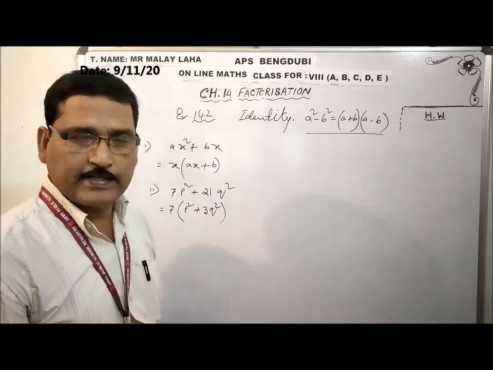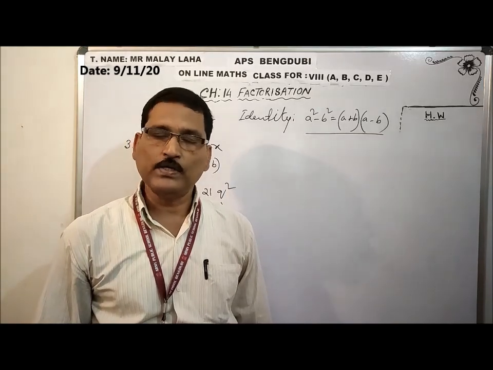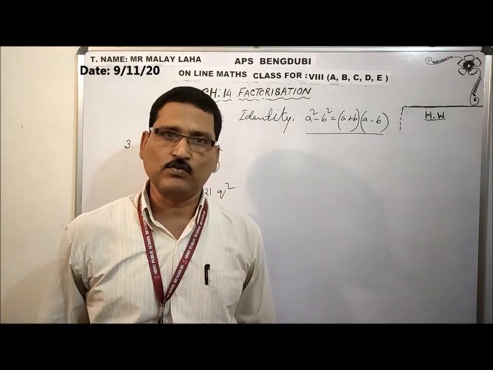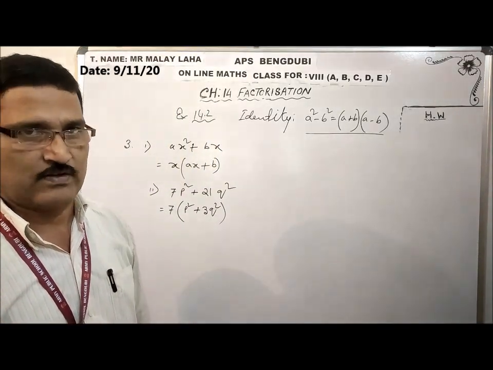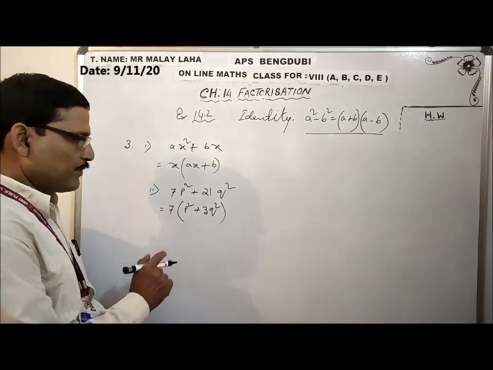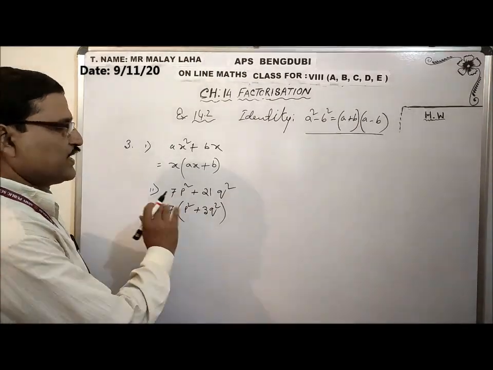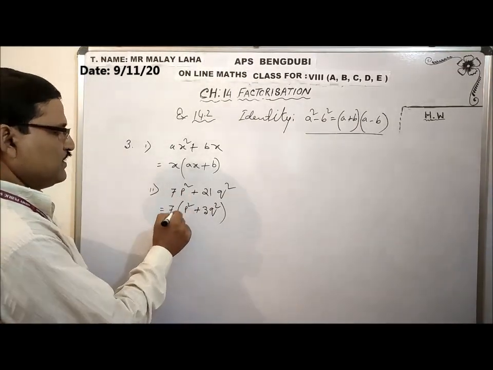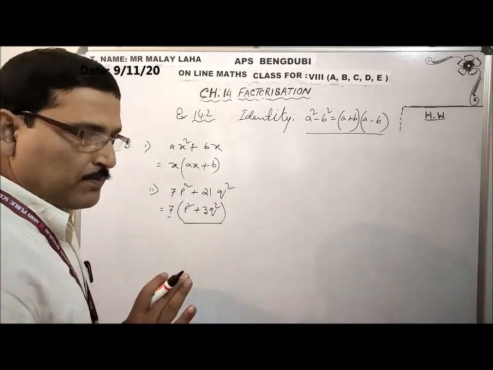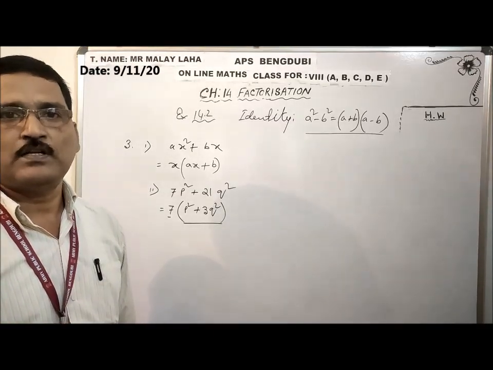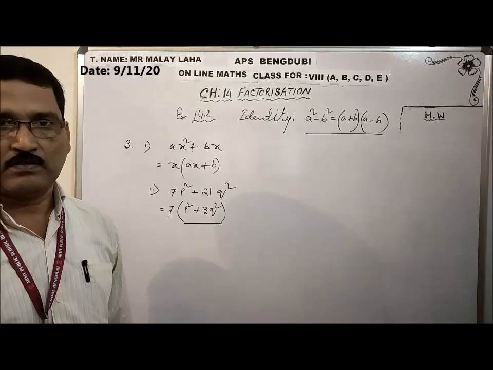Is there any identity I have given you, a square plus b square? No. A square plus b square identity I have not given you. When you go to a higher class, you will come to know how to establish a square plus b square, but that is not factorization, that is the expansion part. Now we don't have this type of identity where we can follow a square plus b square. So this is the last part. I have just taken common, the number gets reduced. This expression is the product of 7 and this. Factorization means we have to show the expression as a product of at least 2 factors of that particular expression. At least 2.